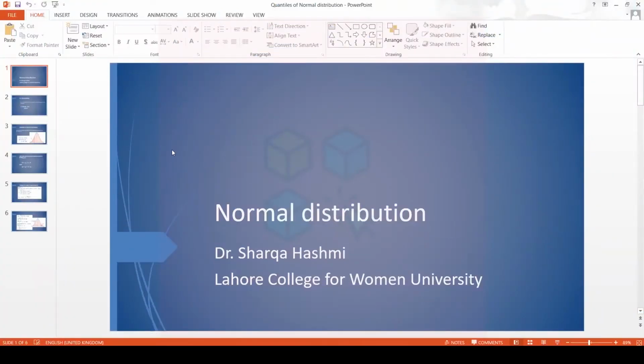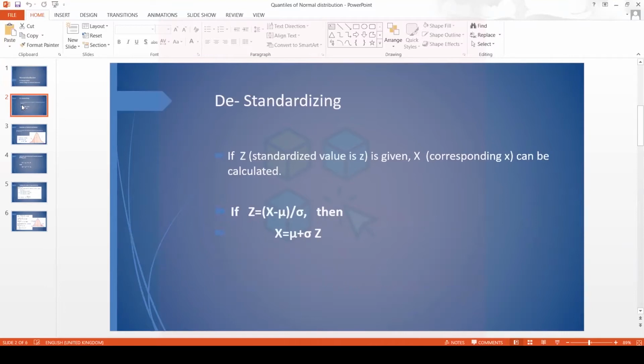Assalamu alaikum. Today's topic is normal distribution, the quantiles of the normal distribution. We have studied standardization. Now, today's topic is de-standardization. In de-standardization, the standardized variable Z is given, whose value is denoted by small z, and the random variable X, which follows